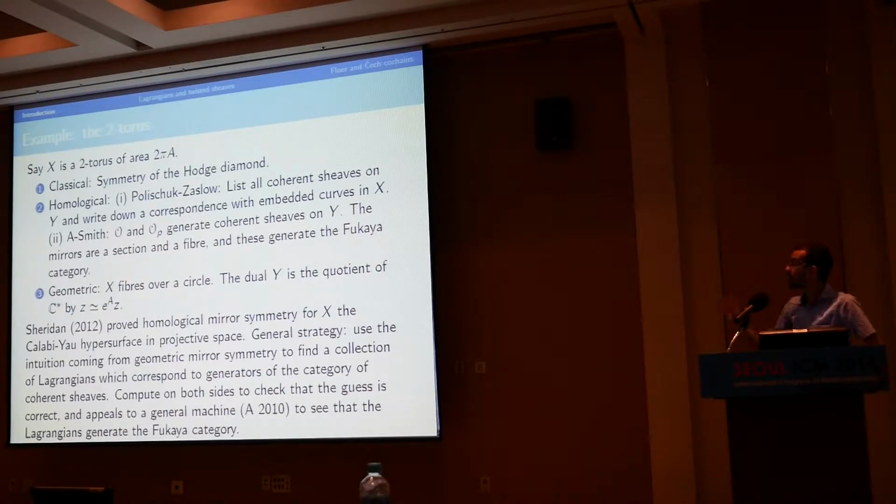And on the other side, the section will correspond to the structure sheaf, and the fiber will correspond to the skyscraper sheaf at a point. So it's basically a trivial algebraic geometry exercise to check that every coherent sheaf on the elliptic curve can be expressed, well, not quite as a complex in these two, but rather as a summand of a complex in these two. There's just some basic algebraic procedure that you can apply. So similarly, you can show on the symplectic side that in the Fukaya category, every Lagrangian can be expressed as an algebraic cone, or rather a summand of an algebraic cone, of the section and fiber.